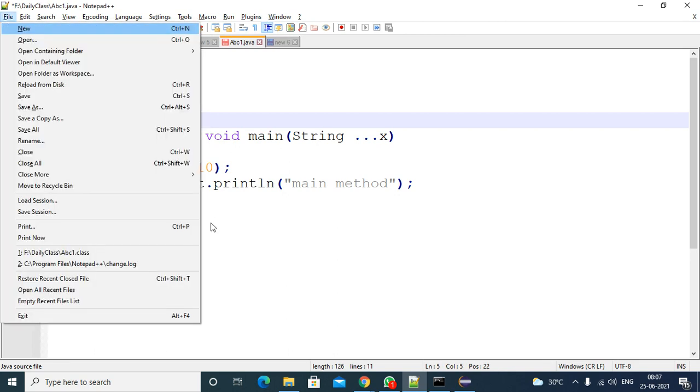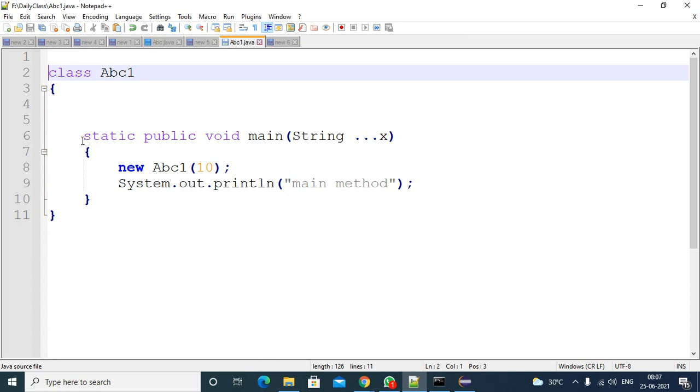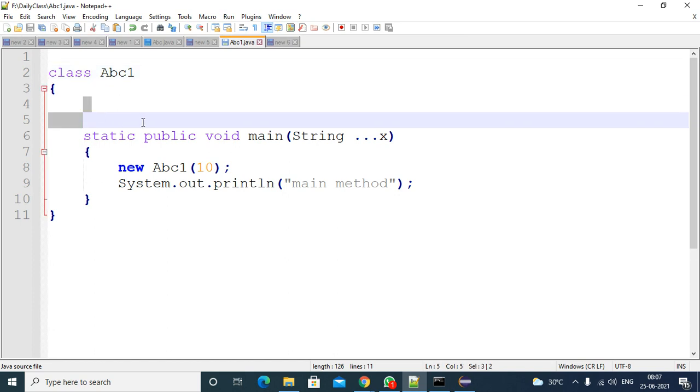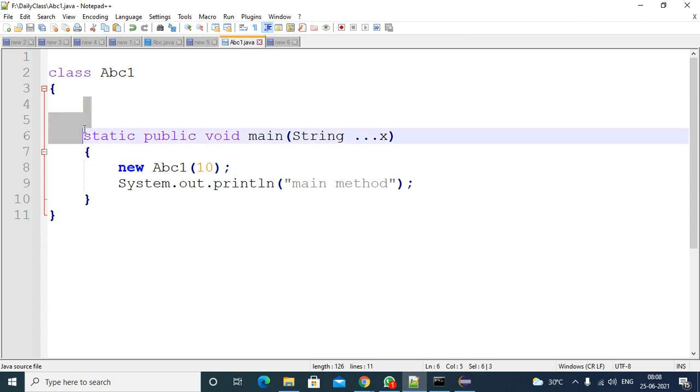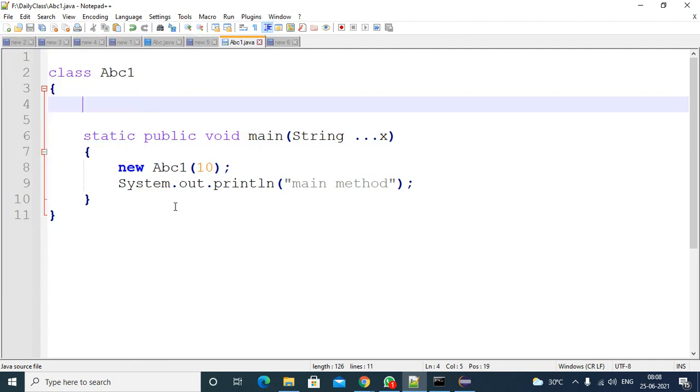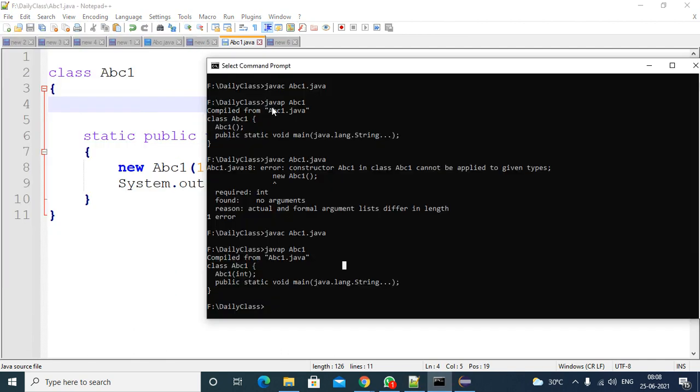Suppose this class is a public class. What kind of constructor will the compiler generate here? That means, with what access level will it generate a constructor? We'll try to see. When you don't have a constructor, what was generated earlier was a default constructor. Here you don't have any keyword, so a default constructor was generated.